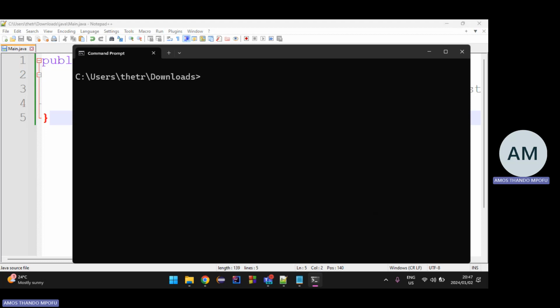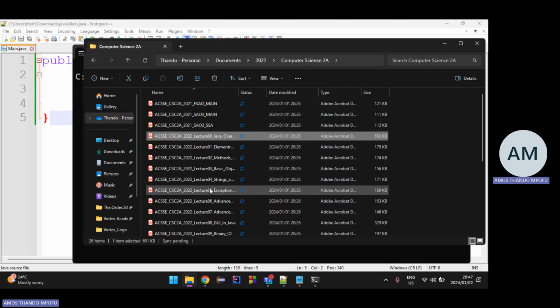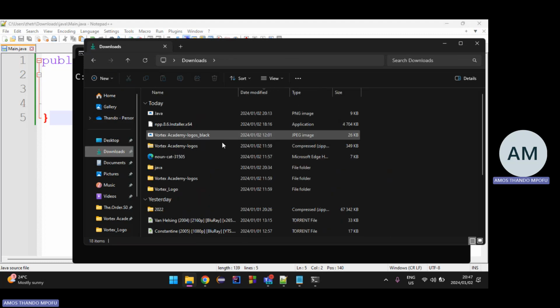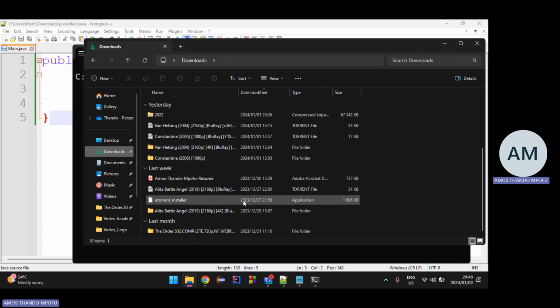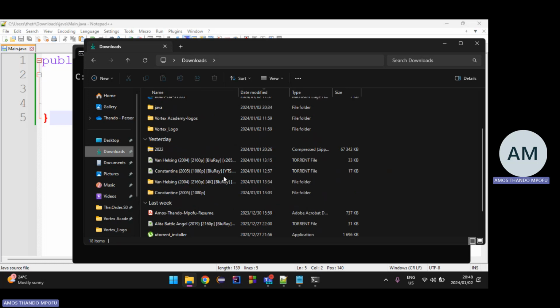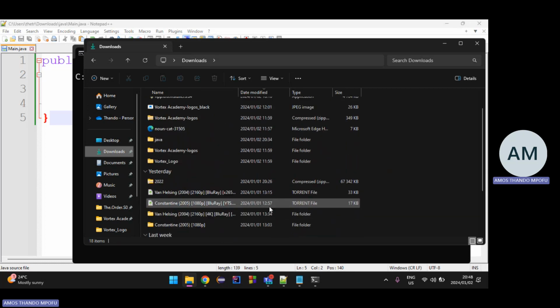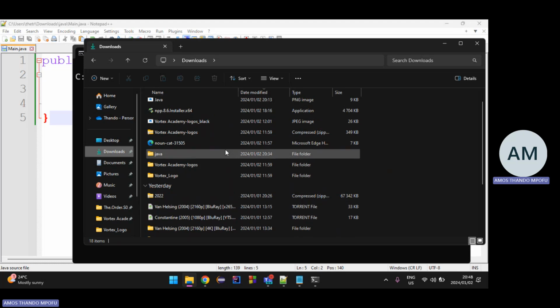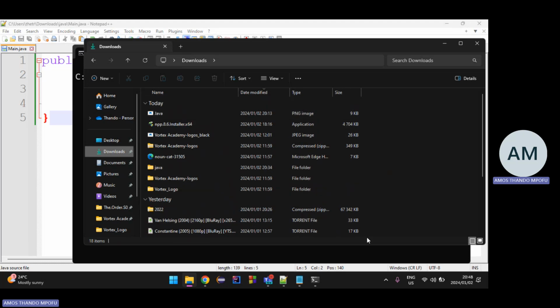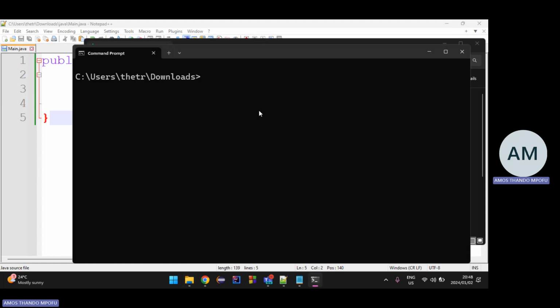So this is where I am right now. I'm in the downloads folder. I can confirm by looking at my downloads folder. These are the files that I have: a resume, an installer, the order season 2, a Java folder, an NPP installer, and a Java image. We have all of those tools.